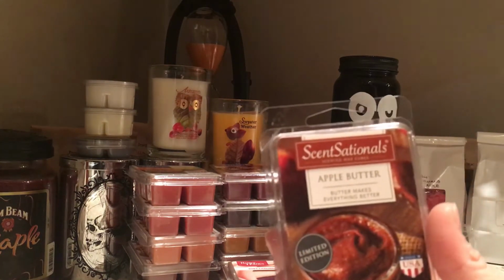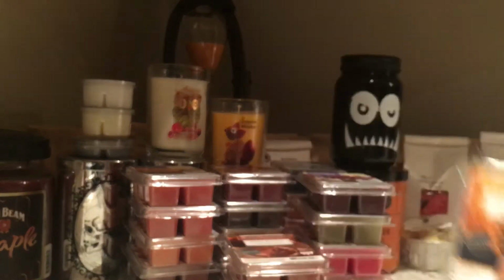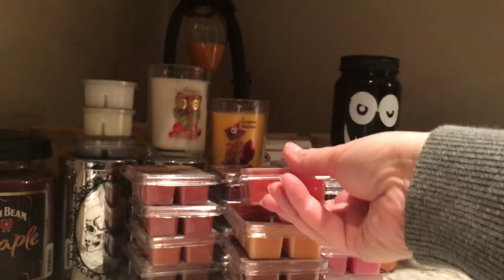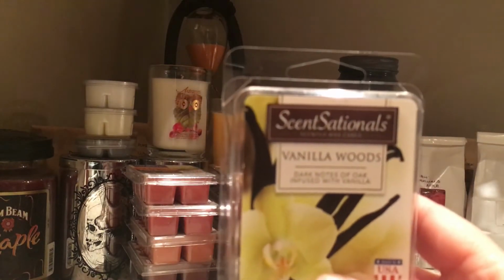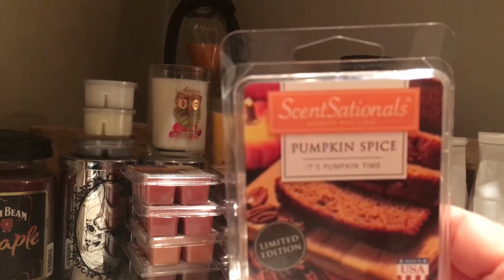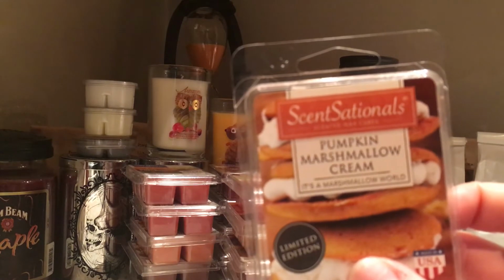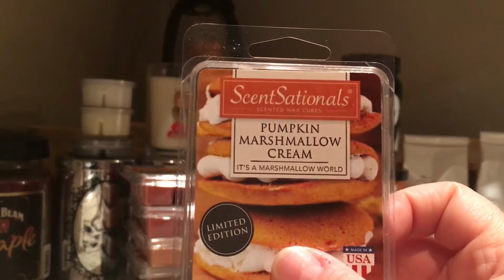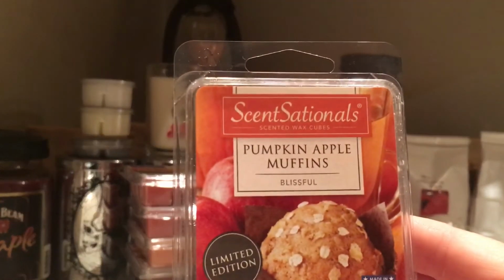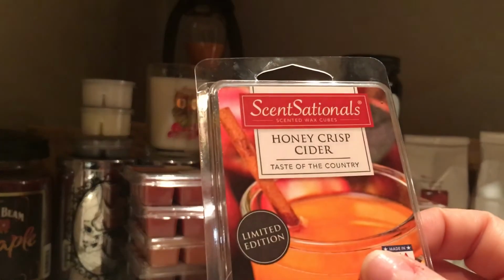From Sensationals, we have Apple Butter, Harvest Moon, Pumpkin Patch Maze, Vanilla Woods, Pumpkin Spice, Pumpkin Marshmallow Cream. Sorry, there we go. Pumpkin Apple Muffins, Honey Crisp Cider,